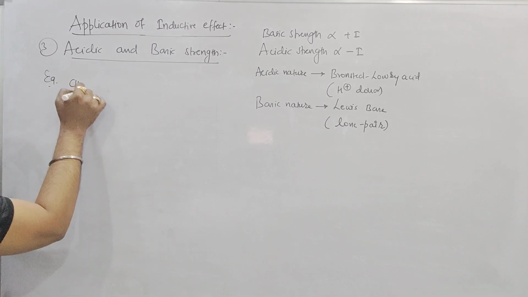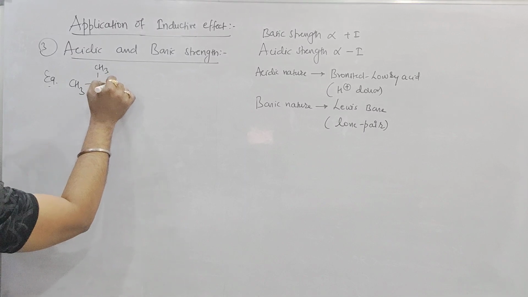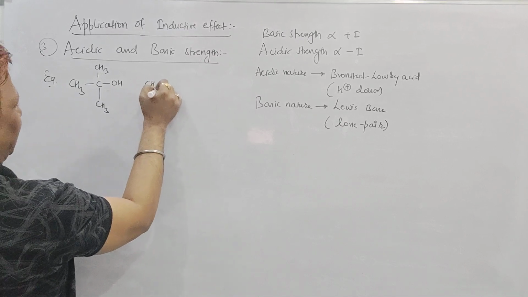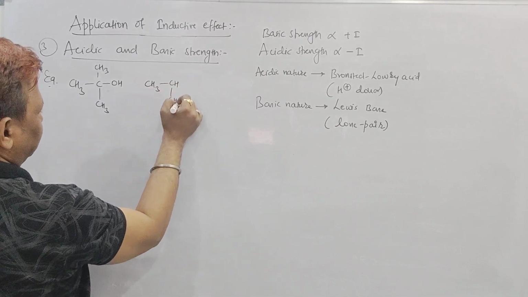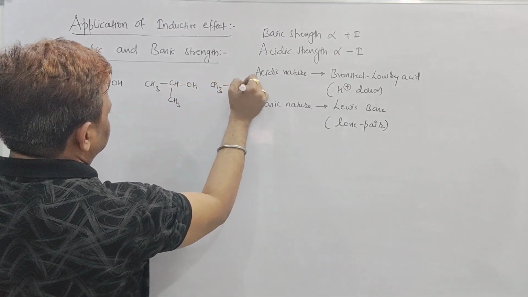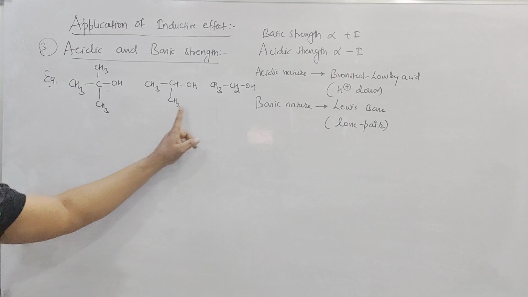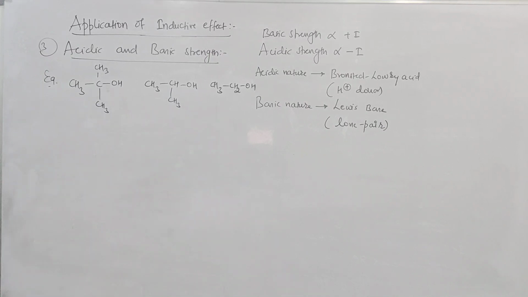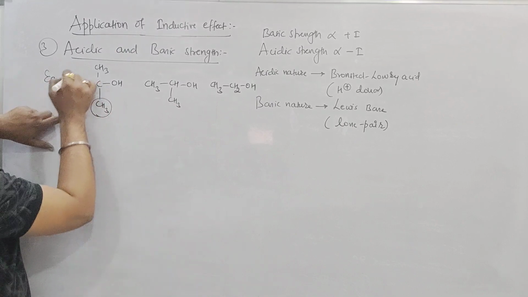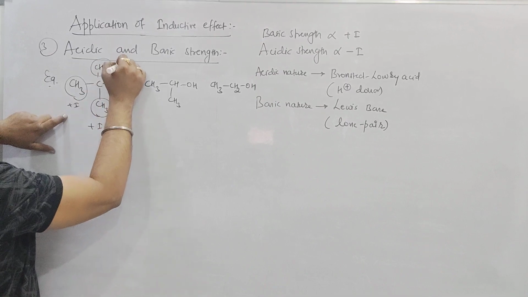See here. This is a tertiary butyl alcohol. Is it clear? But this is an isopropyl alcohol, CH3CHOHCH3, and this one is an ethyl alcohol, CH3CH2OH. Tertiary butyl alcohol, isopropyl alcohol, and ethyl alcohol. Beta, which is having a more basic strength? What to say, beta? It is bonded with which group, sir? It is bonded with plus I. Sir, greater the number of plus I, greater the basic strength.